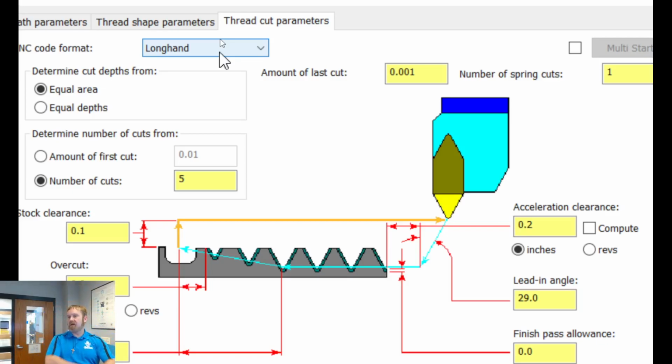We don't have the can cycle built into our post for threading. It's an option. You could have that done. You could have your post processor company, your Mastercam, or whoever your software reseller is, say, hey, I want to use can cycles. That way at the machine I can make adjustments to my threads. I don't, because basically it posts out longhand code for the thread cycle, which when I say longhand, meaning it posts out every next depth of cut,